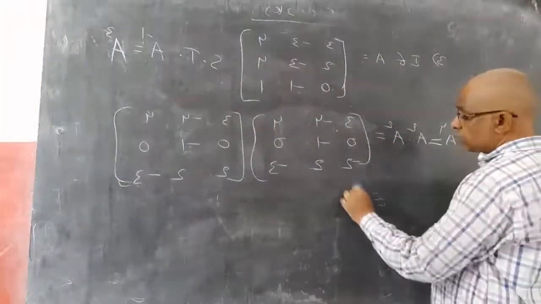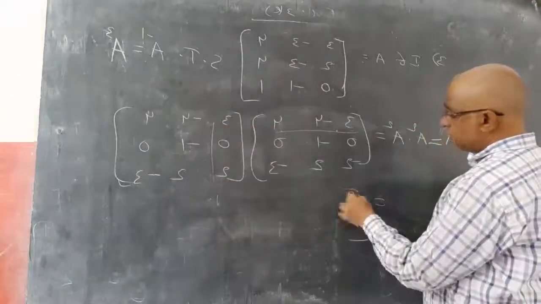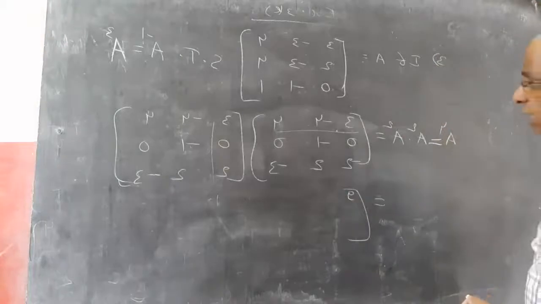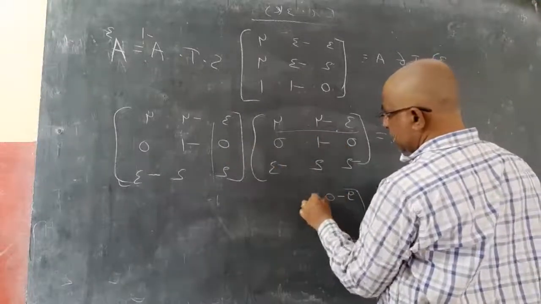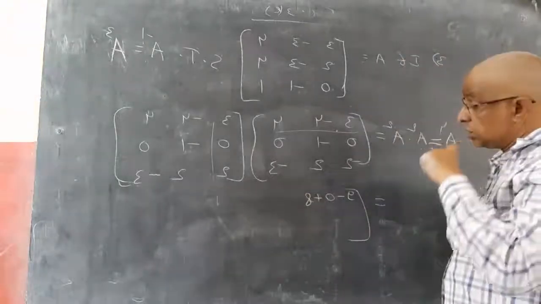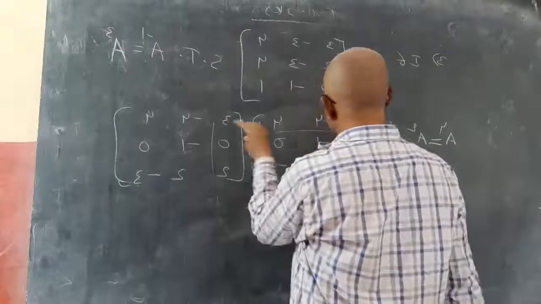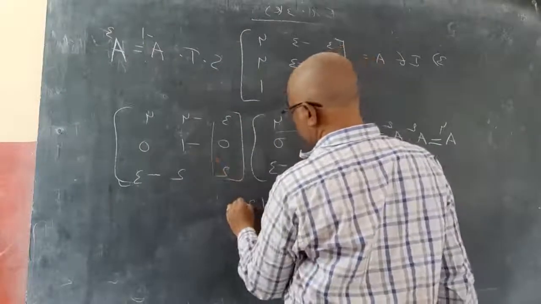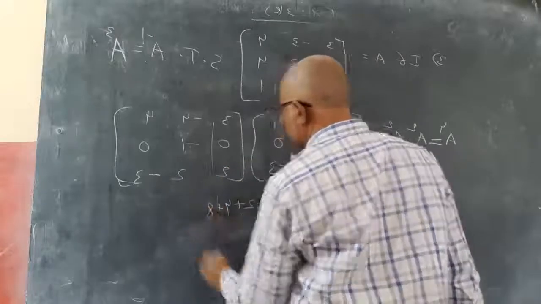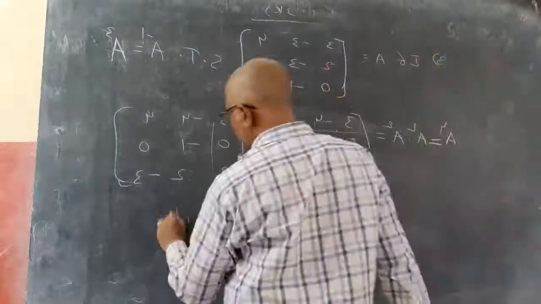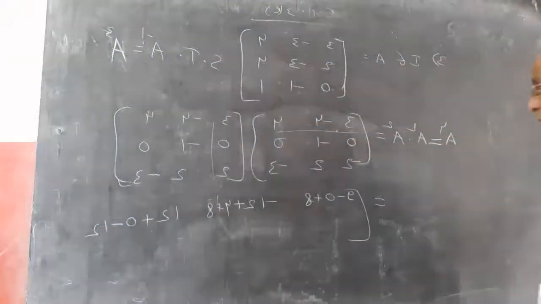So this is equal to this row with this column now. 3 3s are 9, minus 0 plus 8. Now first row with second column. Minus 12, 3 4s are 12, minus 4, plus 4, 4 2s are 8. Next, 3 4s are 12, plus 0, minus 1.